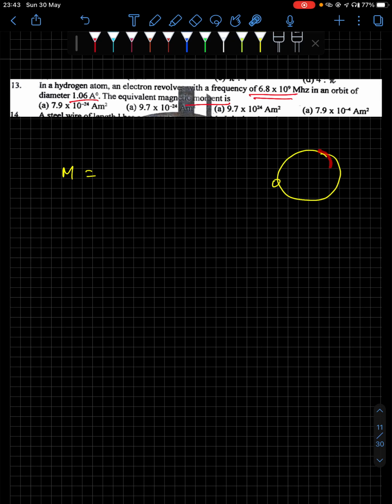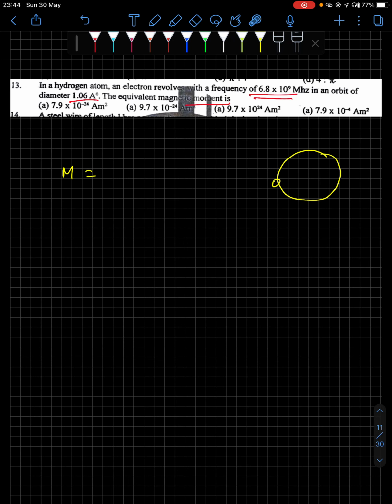Now when an electron revolves like this, it constitutes a current, and therefore this will make up a dipole, right? If the electron is going in this direction, then your current is actually going in the opposite direction. Now if you apply the right hand thumb rule, you'll see the thumb is going inwards into the page, if you curl your fingers along the direction of the current. So above the page, you'll have the north pole, and behind the page, sorry, I'm making a mistake. Behind the page, you'll have the north pole, and above the page, you'll have the south pole, since your thumb is going inwards.